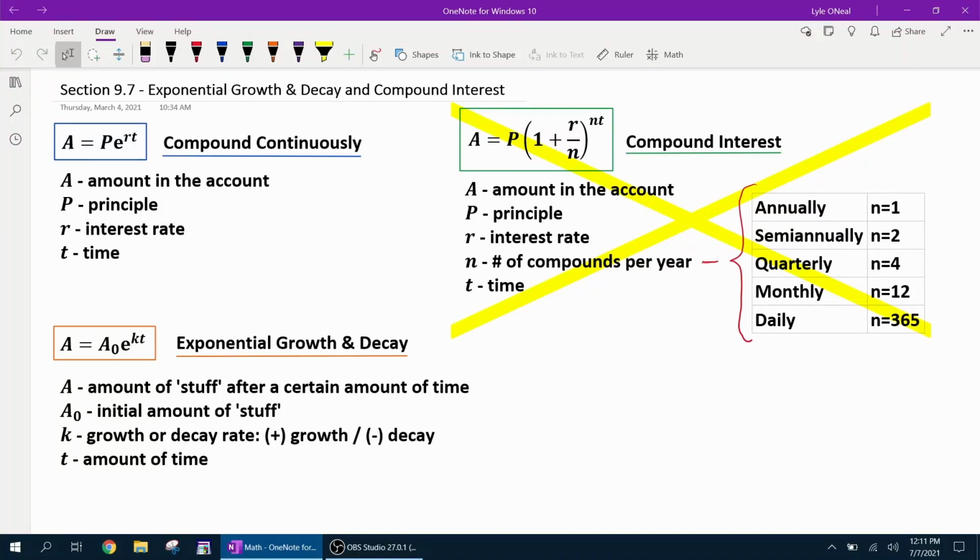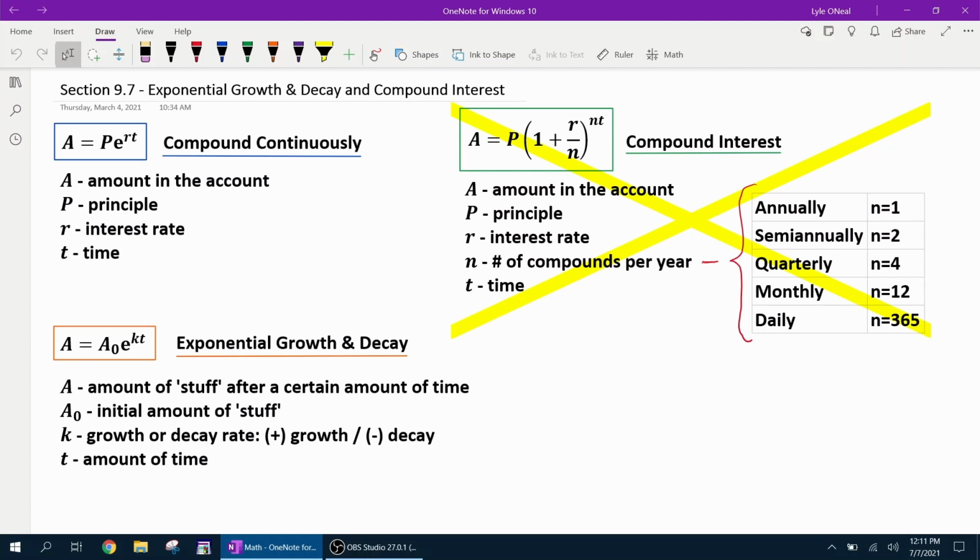Hello and welcome to our lesson on exponential growth and decay and compound interest. This is going to be from section 9.7 in our text. Let's get started. Now the first thing you're probably going to notice is the big yellow X over the compound